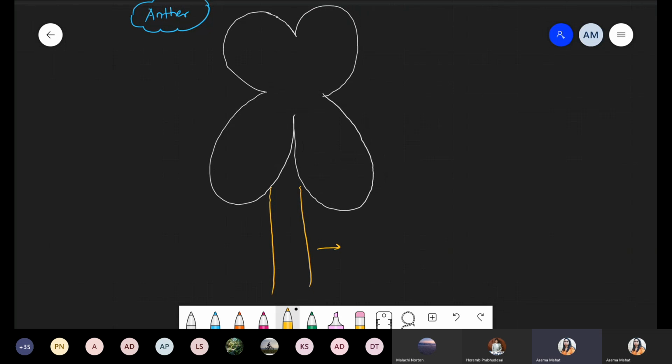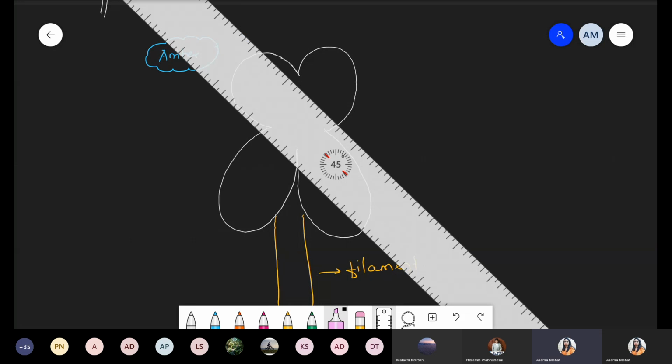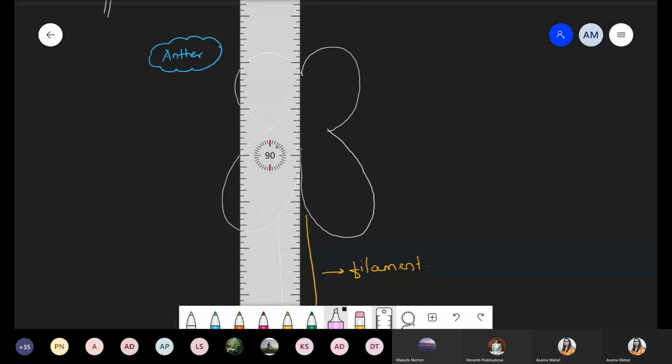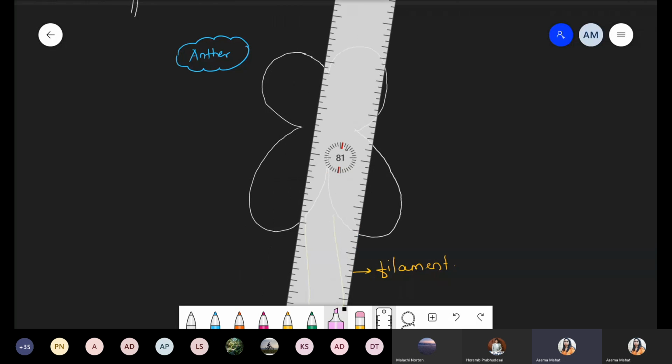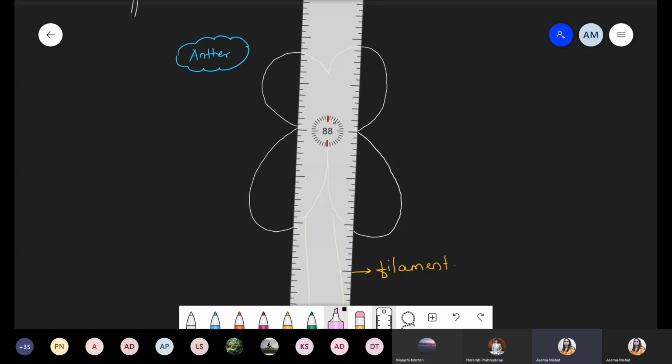Okay. So this part simply, these are the filaments. We are not focusing on the filament because we have to discuss the anther part. So this complete anther part, these are the parts of the anther. Now if you see, I divide this part at the center. You can see there are two parts. This part, which is present on the left side, is one lobe, and this is the other lobe. So how many lobes does it consist of? Total two lobes are present.